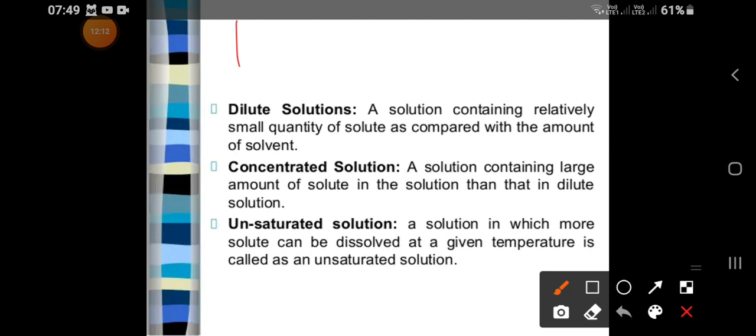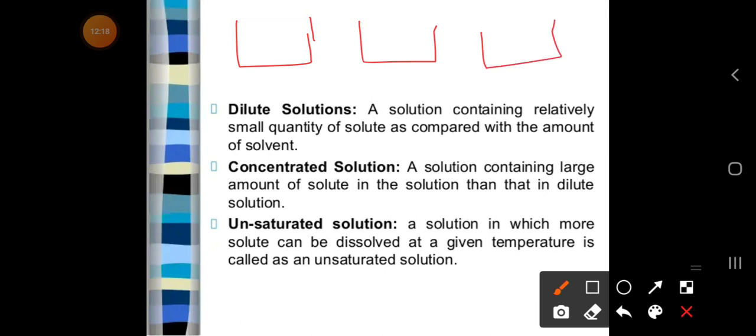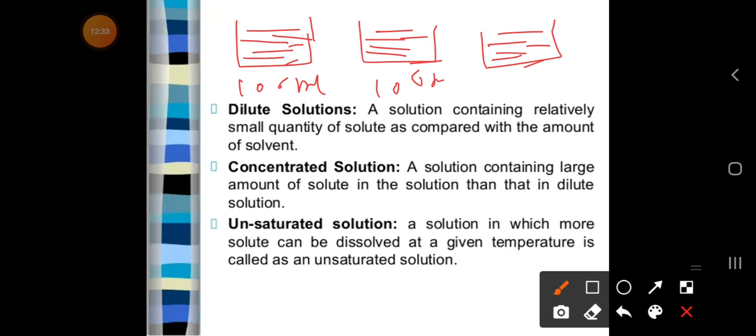So see here, I have taken 3 beakers. In this one I have added water, and in the others also I have added water. This is 100 ml of water, this is 100 ml of water, this is 100 ml of water. This is at 30 degrees centigrade, this is at 30 degrees centigrade. Now see here,